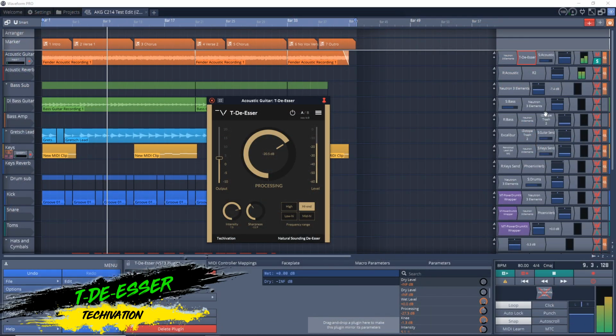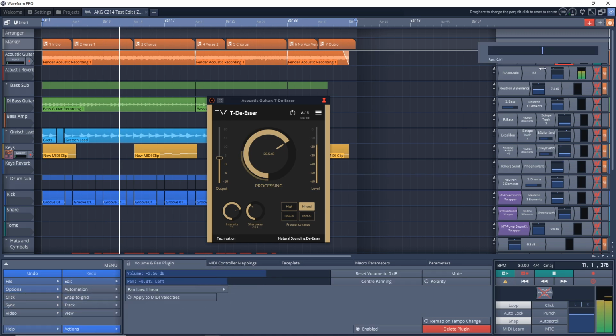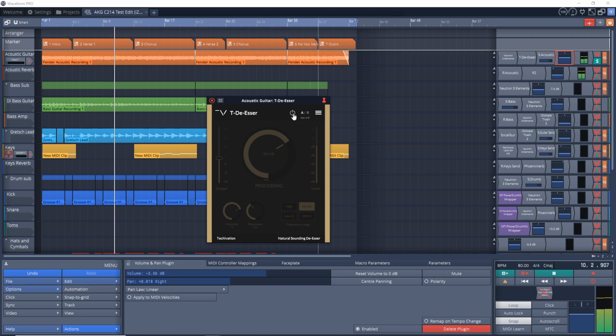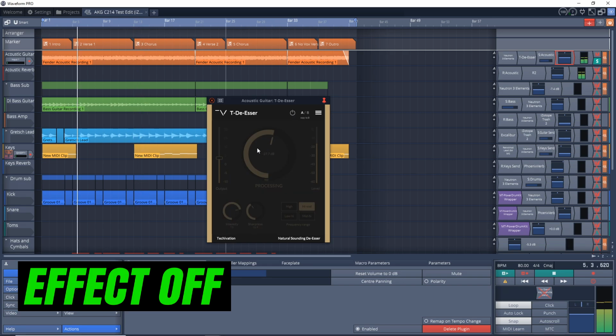Next up is a free VST plugin that's in a much needed category within free plugins. This is TDesser from Tekivation. Obviously, TDesser is a de-esser plugin that can help you to get rid of unwanted sibilance and harshness. There aren't many decent free de-esser plugins out there, and this one is a great one, free or not. It's easy to use and it has a well laid out, nice user interface. Use it on vocals or even on harsh instrument sounds. You can get TDesser on Mac and Windows.